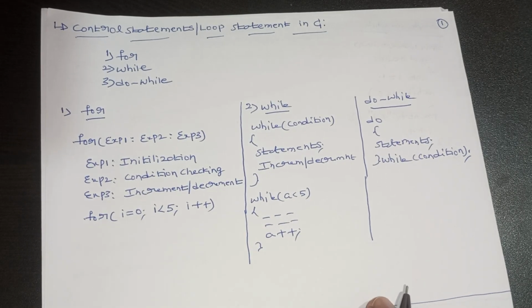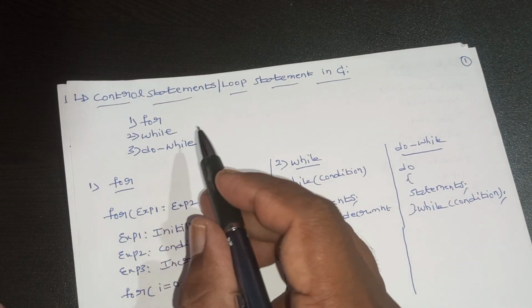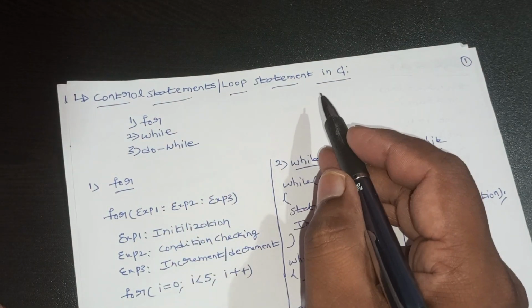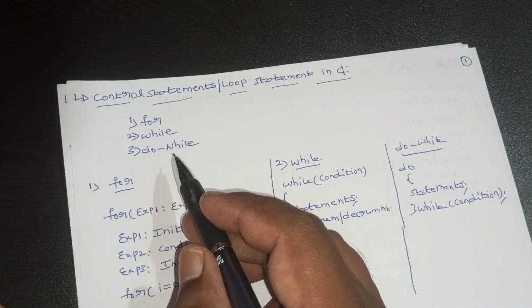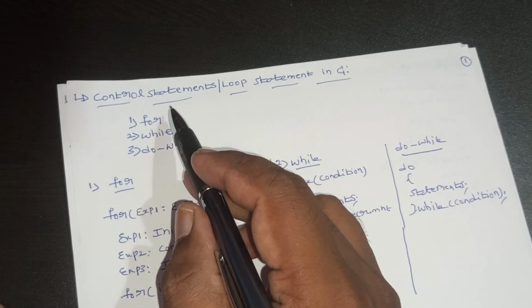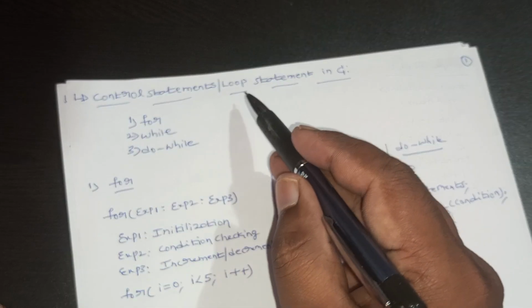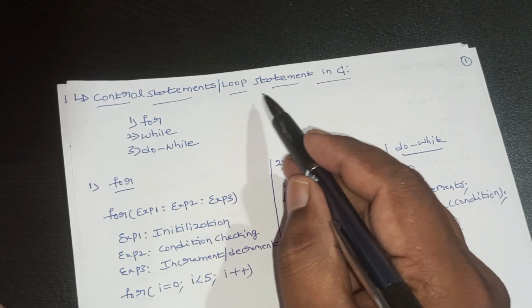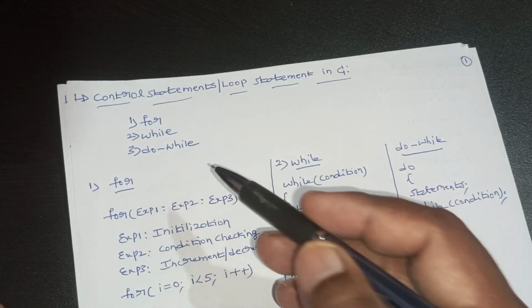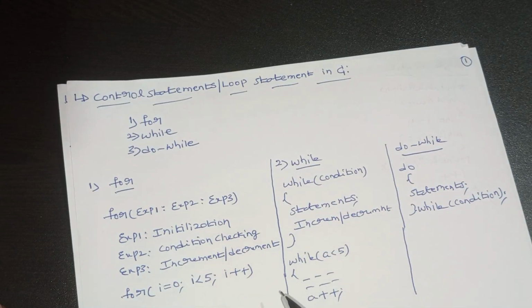Okay, now coming to the next topic, that is control statements or loop statements in the C programming language. I will tell what is the meaning of a control statement, what is the meaning of the word control, and then what is the meaning of a loop. We'll see that later. So first of all,